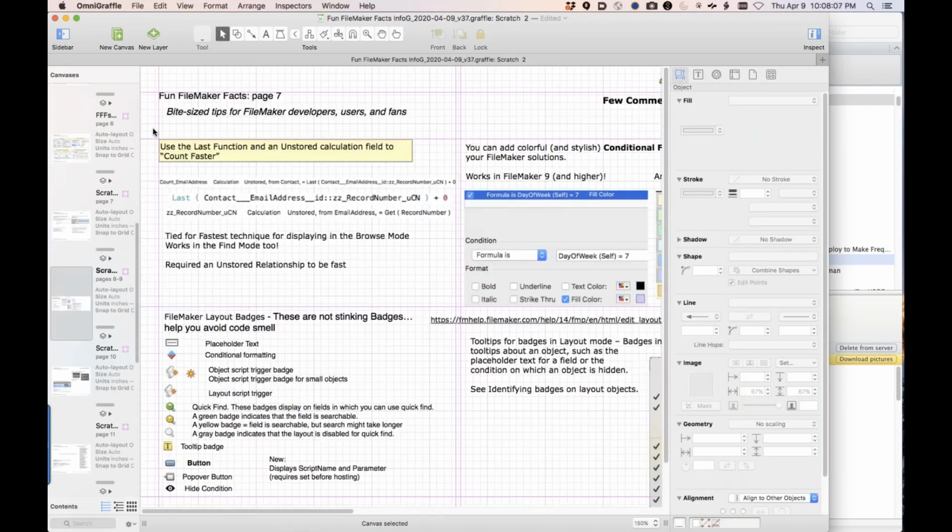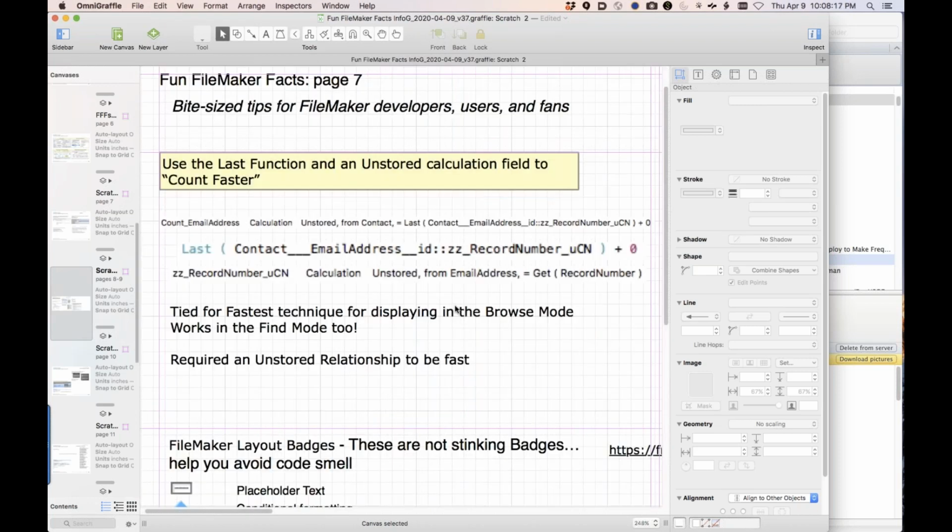All right, so here's one that we use a lot. I've not yet convinced the entire world that this is an awesome way to do this. But so a popular thing to do is to count,